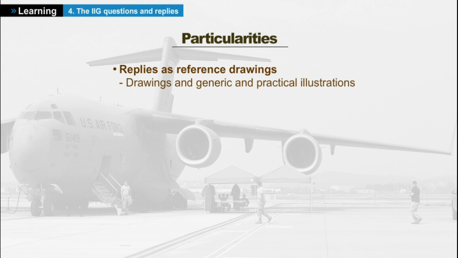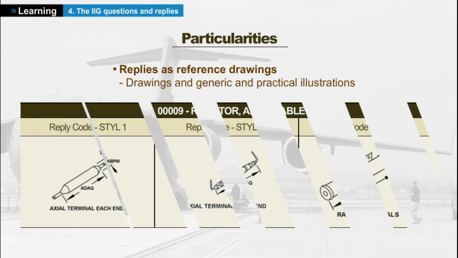When some characteristics cannot be integrated in textual form, some questionnaires are used to present these characteristics directly with a drawing or an illustration. These drawings or illustrations are as generic and convenient as possible to be applied to the largest possible number of items of supply. Example: